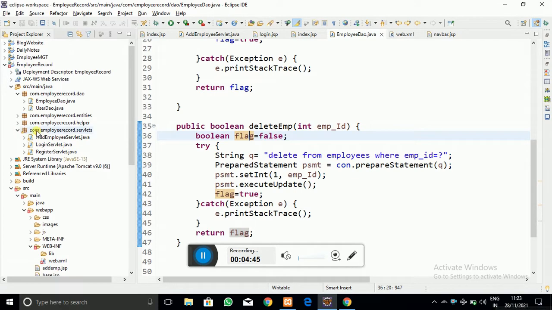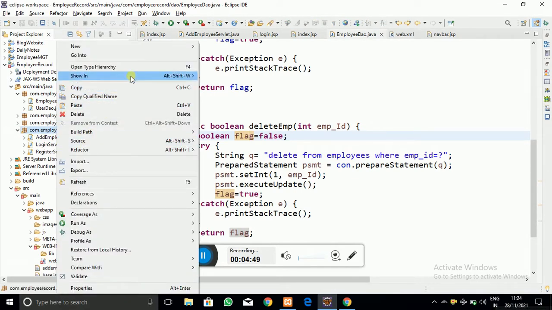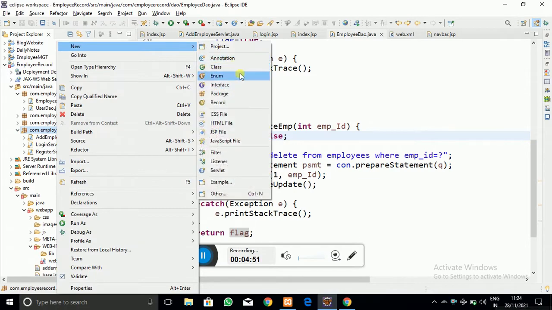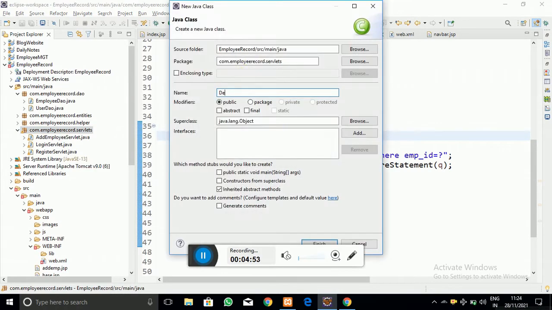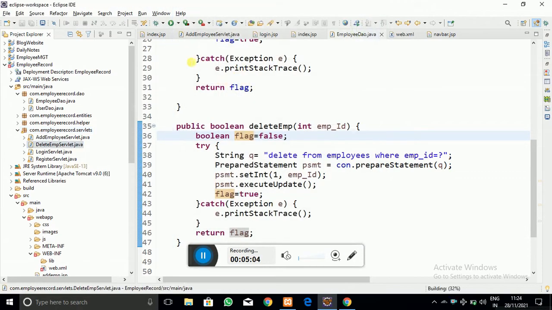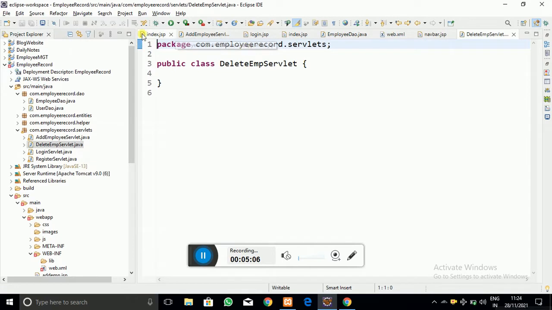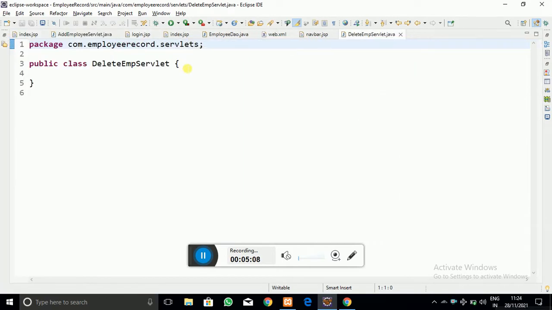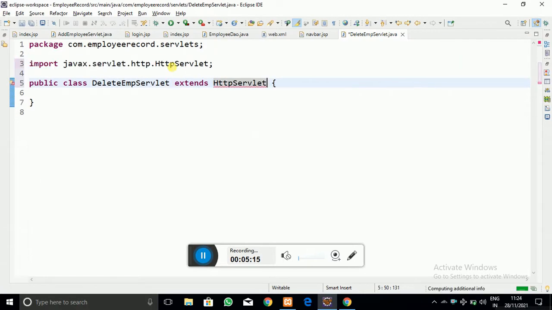Okay, so now let me create the delete servlet. Let me right click and click on new, and I am going to create a new servlet class, which is delete employee servlet, in the same way as we created the add employee servlet.